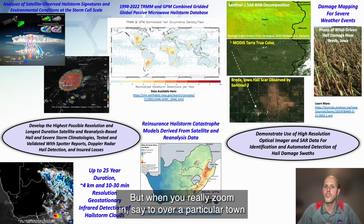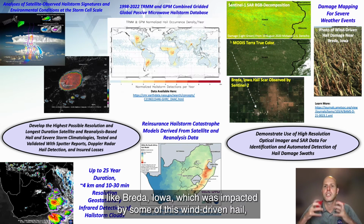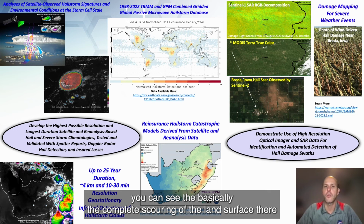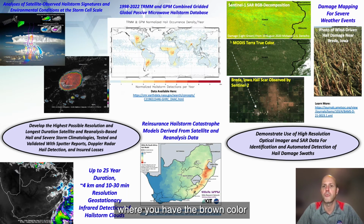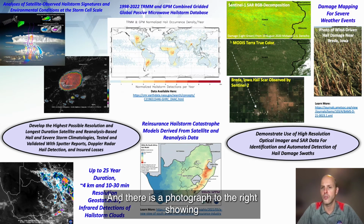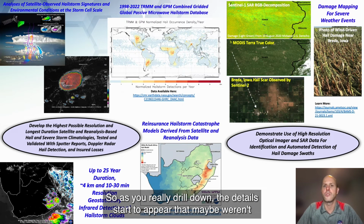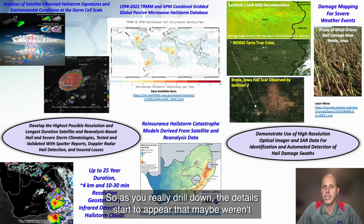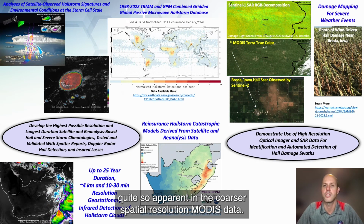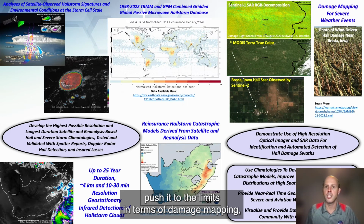But when you really zoom in, say to a particular town like Breda, Iowa, which was impacted by some of this wind-driven hail, you can see basically the complete scouring of the land surface there, where you have the brown color just to the east of Breda, Iowa, and there's a photograph to the right showing what the corn looked like within that particular field. So as you really drill down, details start to appear that maybe weren't quite so apparent in the coarser spatial resolution MODIS data. So we're really trying to take this data and push it to the limits in terms of